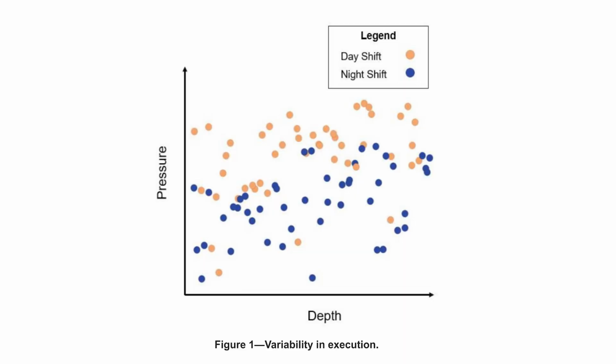And I guess to give a bit more for people listening in, what we're looking at here is the difference between day shift and night shift as a scatter plot, looking at what pressures they're operating at certain depths, right? So we know at higher depths, our pressure is going to increase because we have that friction component coming down hole. But we're seeing the night shift considerably lower pressures versus the day shift, right?